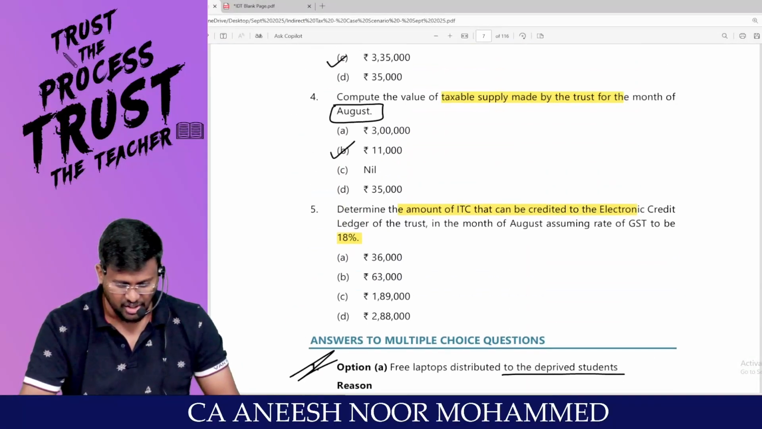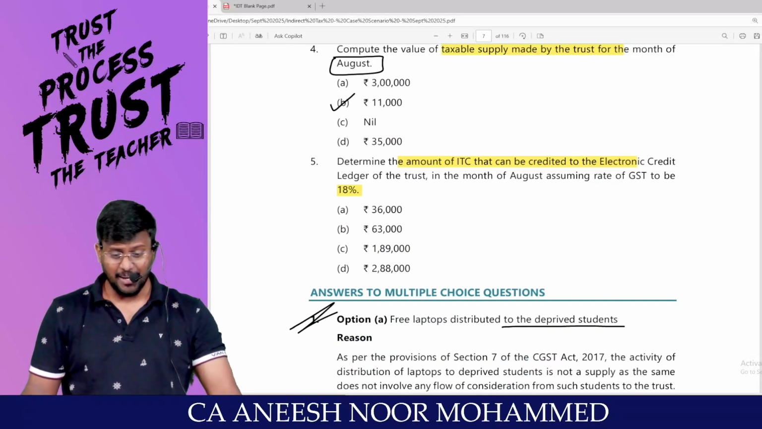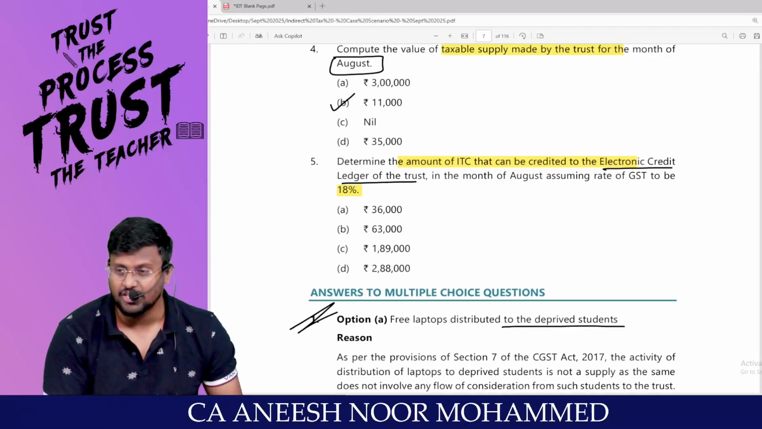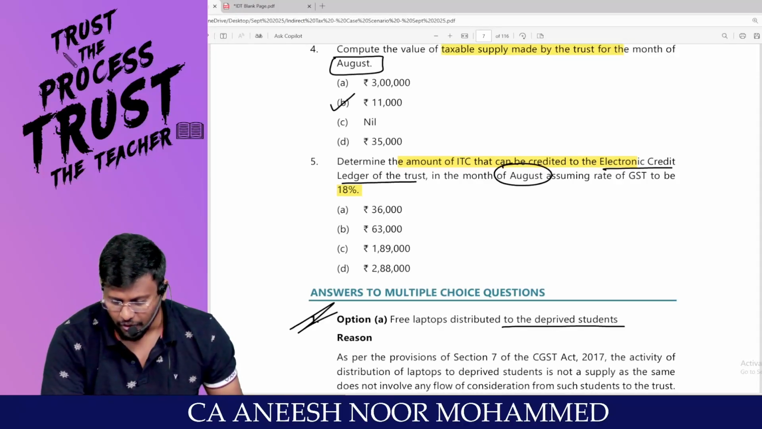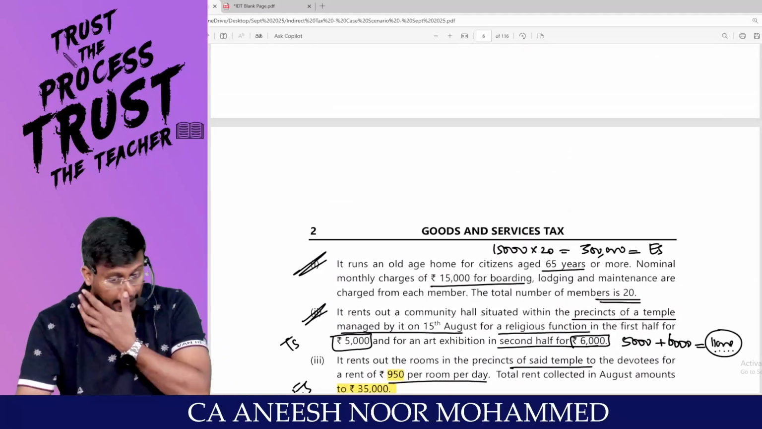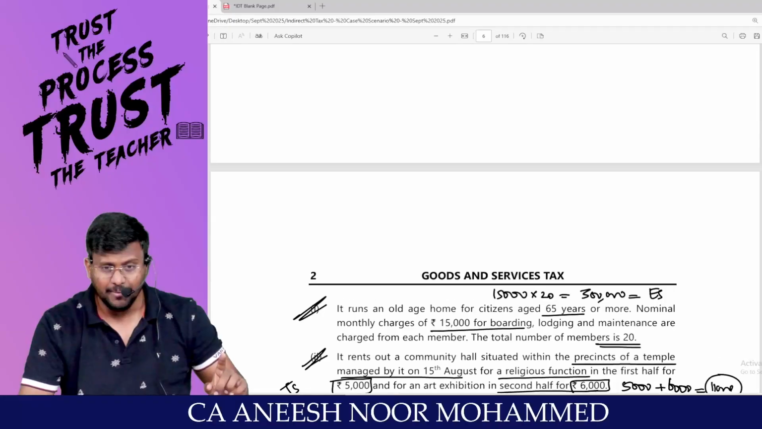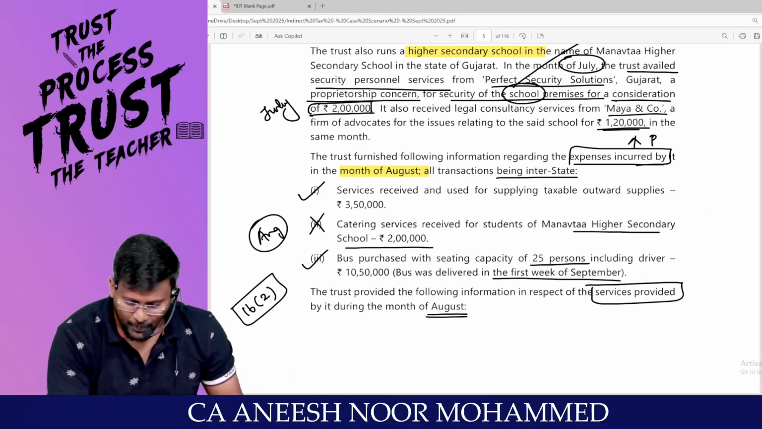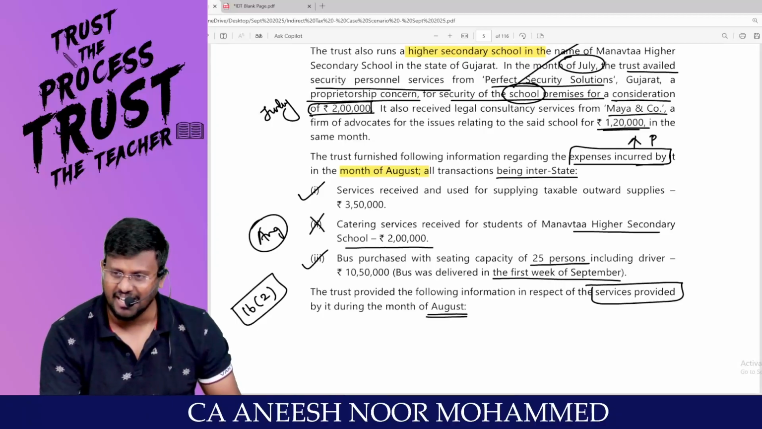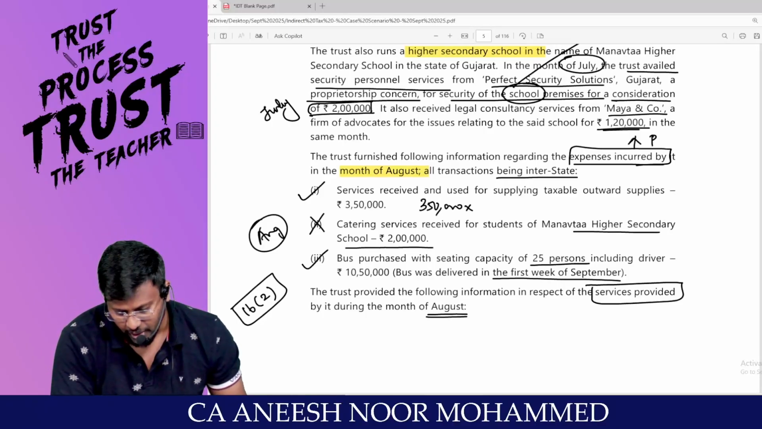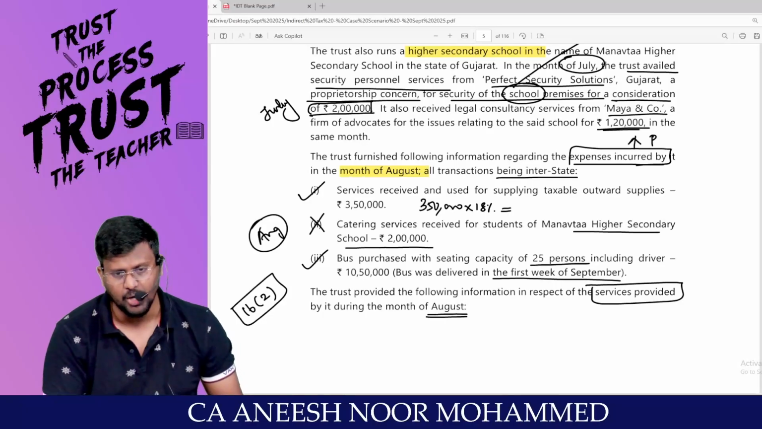Are you following the discussion? Determine the amount of ITC that can be credited to the electronic credit ledger of the trust in the month of August, assuming the rate of GST is 18%. So for ITC, I have to go and check the inward supply. Super, sir. Inward supply: service received and used for supplying taxable outward supply. This ITC can be taken. So 3,50,000 into 18% comes to